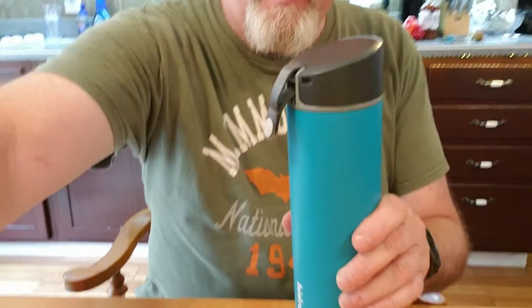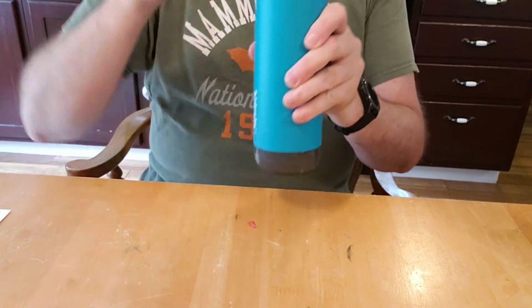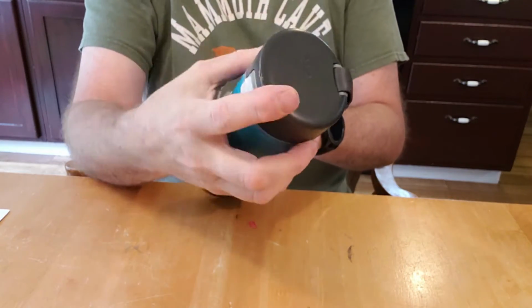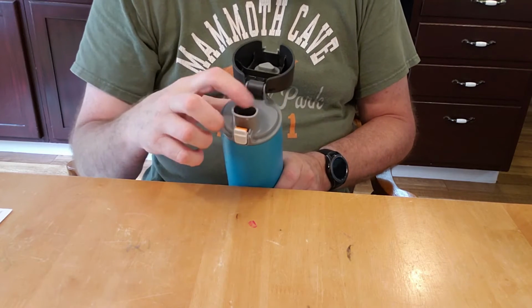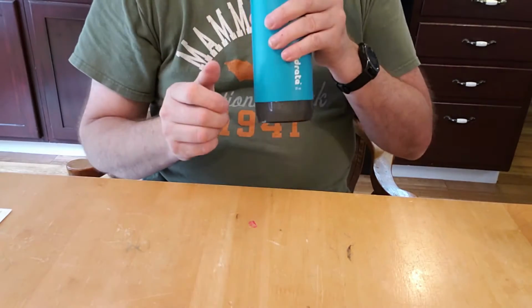But it's just so cool. Check this out. Okay, I'm going to put you down here so you can see. It has a sensor built onto the bottom of this so that if I push the little thing here, this is the top called the chug top. You just push the little button and it opens and it has a nice wide opening to chug. Very simple top. If I drink,